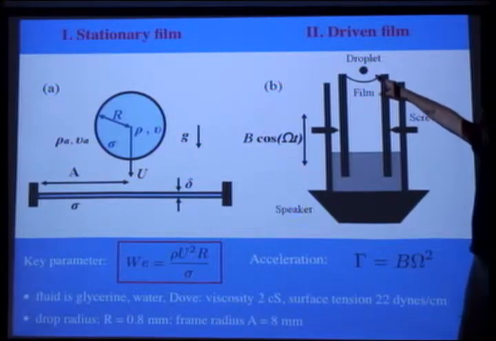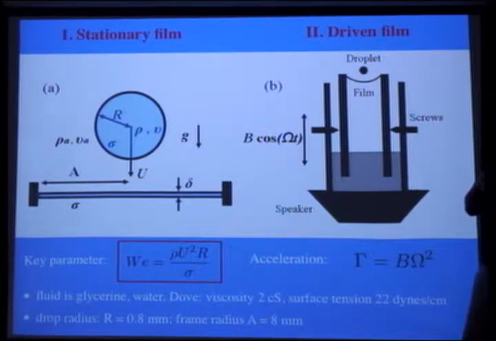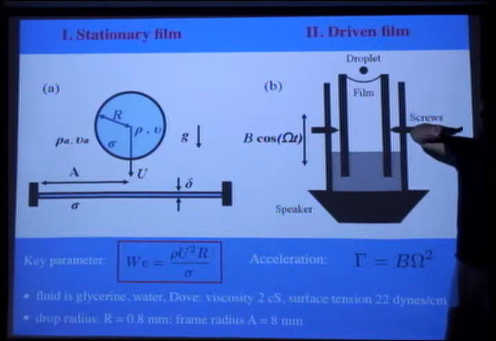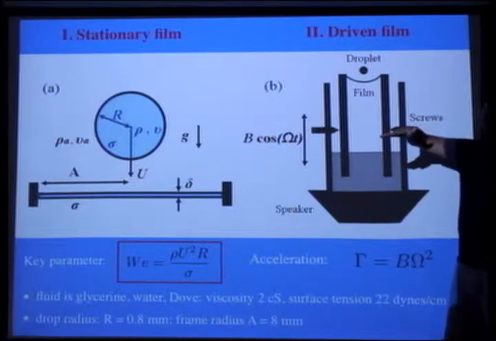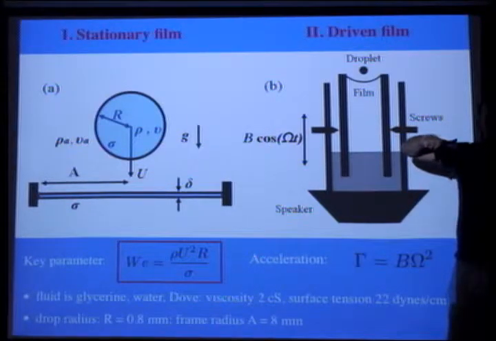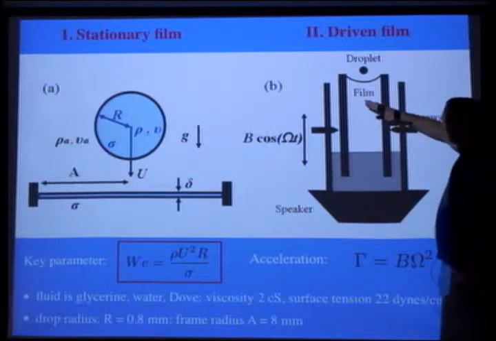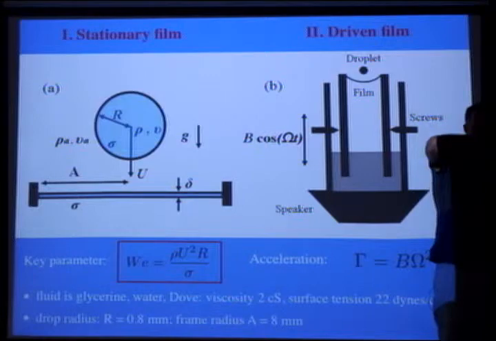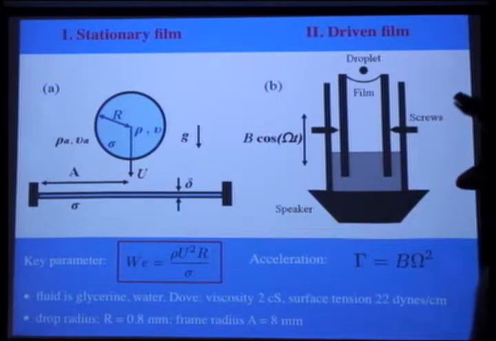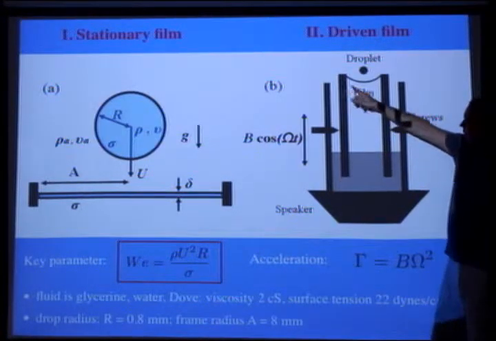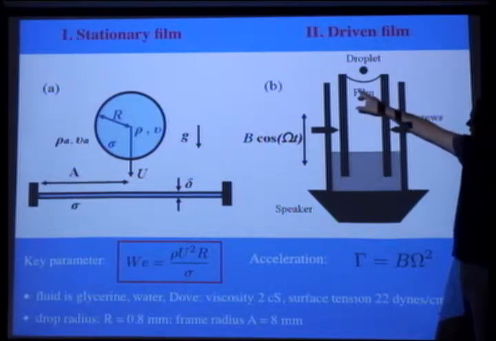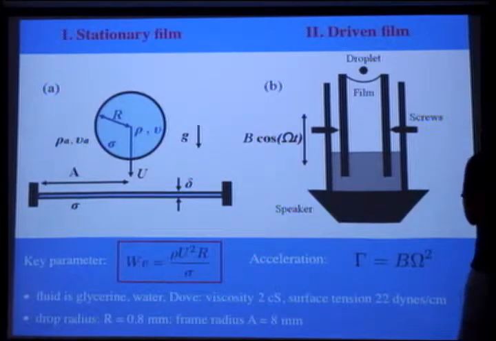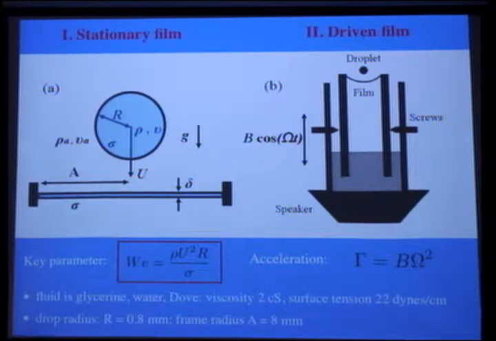And then in the second experiment, we look at a drop bouncing on a film. We do a little trick to stabilize the drop on axis, because soap films don't care about gravity because they're too light. So they're basically going to be flat no matter what. And so unless your system is perfectly level, you'll get a film like this, and the drop will just bounce off. So the way you get around this is we apply a little bit of suction here. So by applying suction, we make this slightly concave, and so the drop bounces on axis. So we're just interested in stationary bouncing.